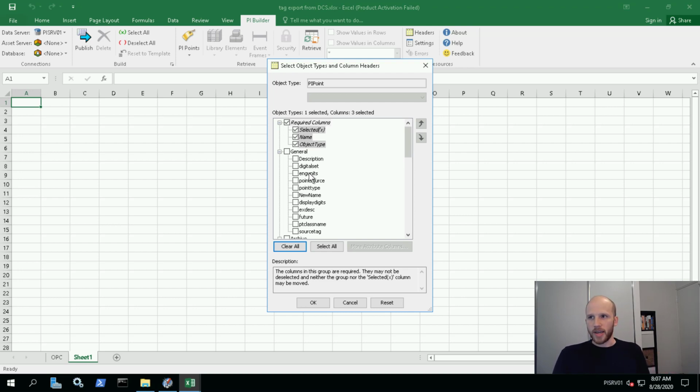So when we created these tags, we edited the name, which is required anyway, the description, the engineering units, the digital set for the digital tag, point type, point source, instrument tag, all of our location codes,